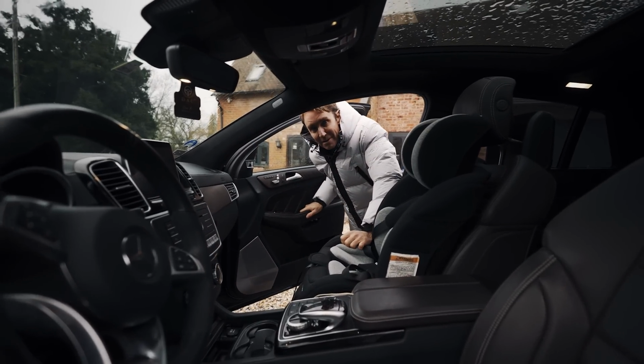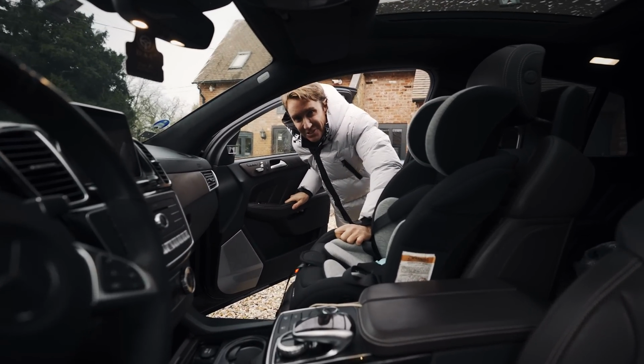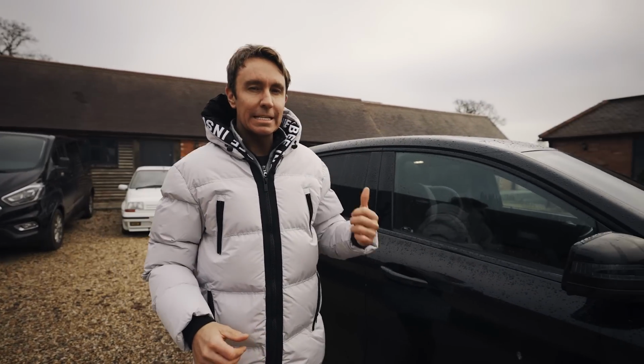This is the side I get in most days because I totally forget it's a left-hand drive. The reason this is a left-hand drive is because I got it from Slovakia. I had no choice, it's the only place I could find one, and I wanted one in black because